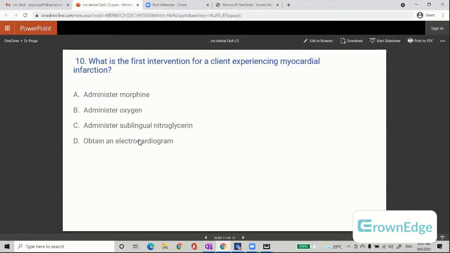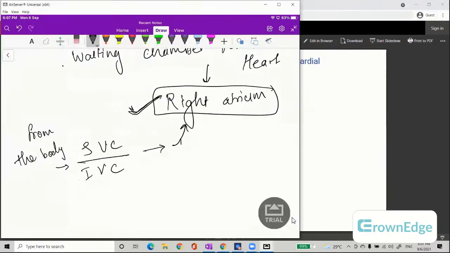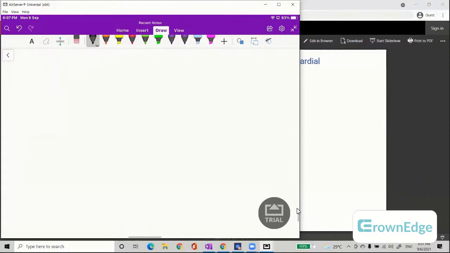During that time, more and more injury to the heart is going to happen. So whenever an MI happens, your standard book says that you have to give